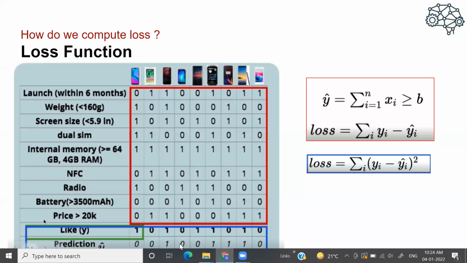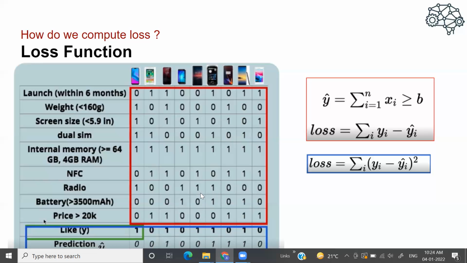Out of total 10 observations, there are three observations where the model is not able to make the correct prediction. So the accuracy would be what? 7 upon 10, 70%. So out of 100 times, your model will be able to make the correct prediction 70 times. This is how you calculate the accuracy of your model,